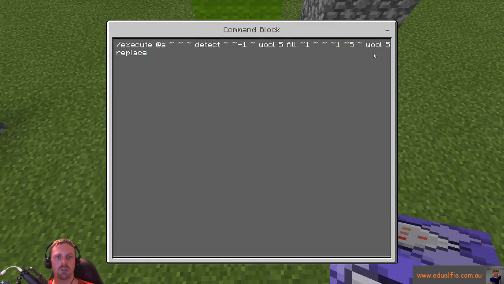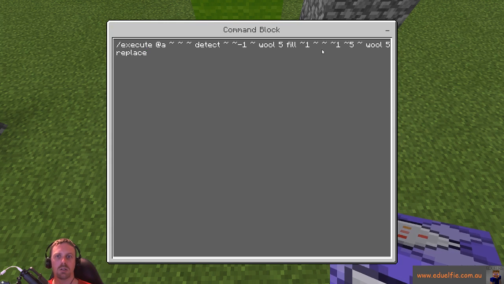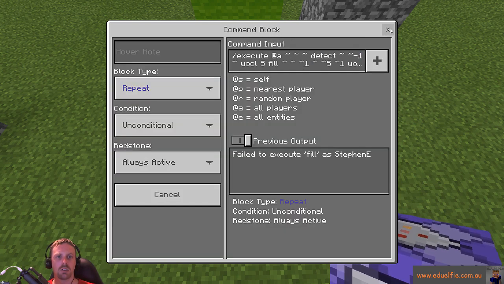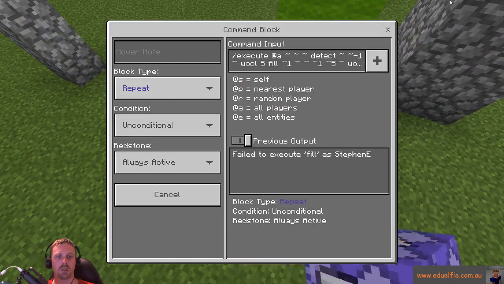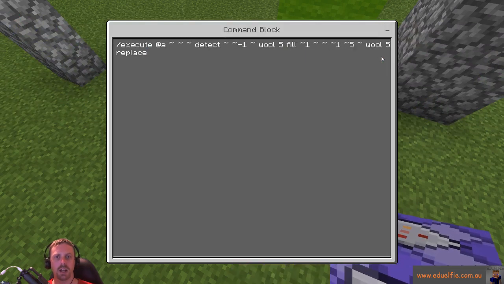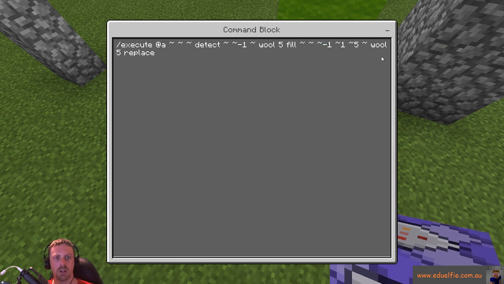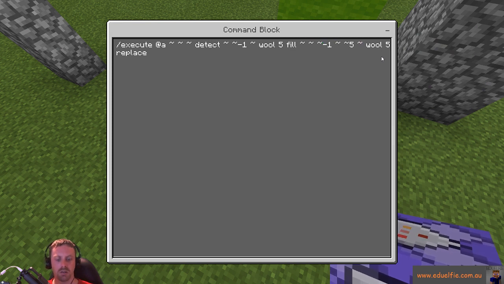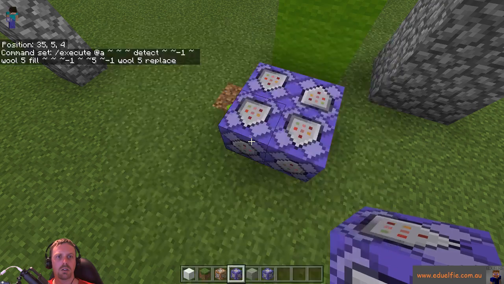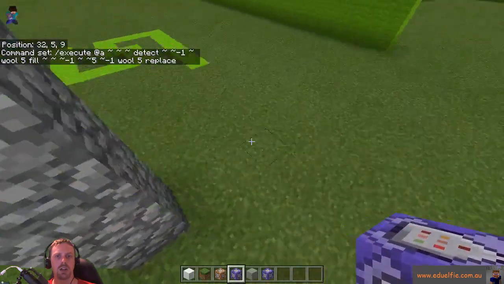We're going to fill 1 and 1. And then we're going to fill -1 and -1 on Z. -1, -1. Right. So now